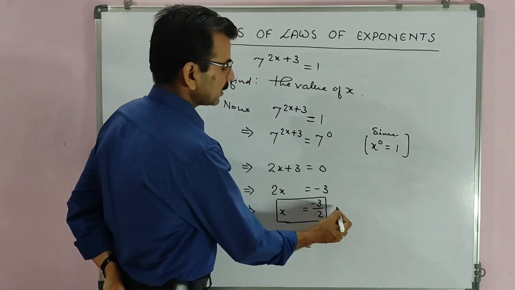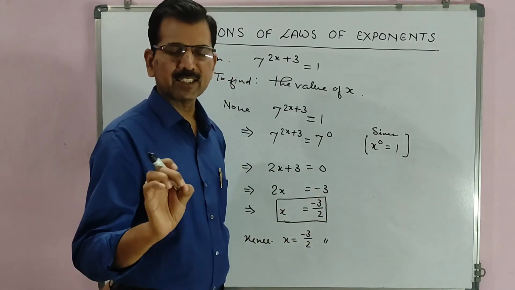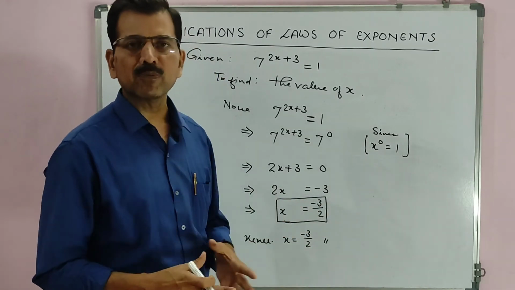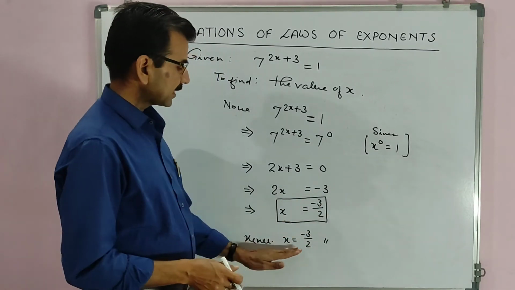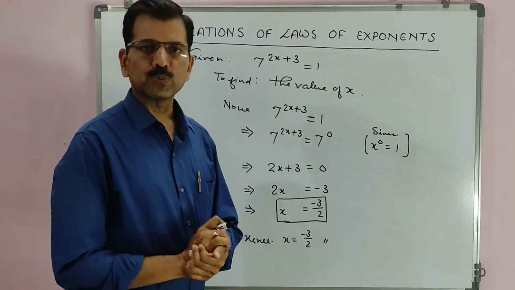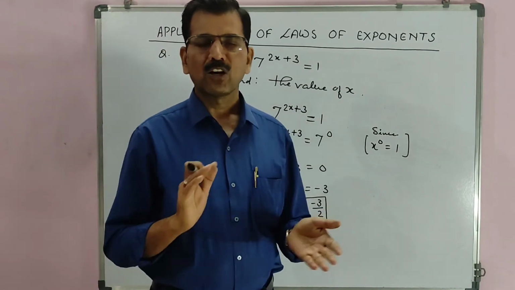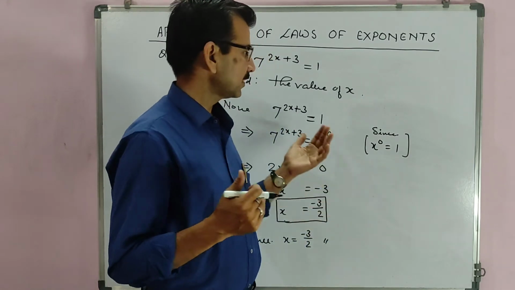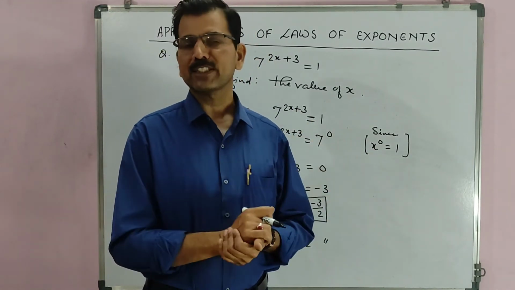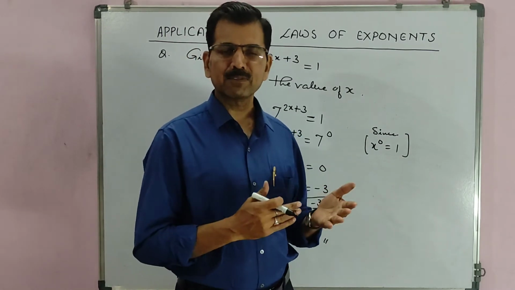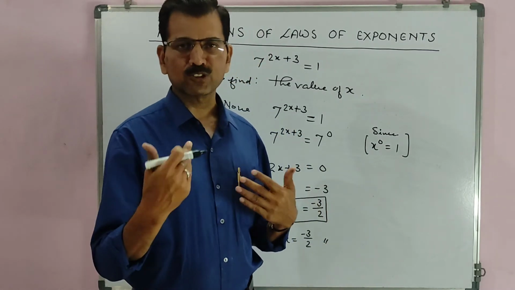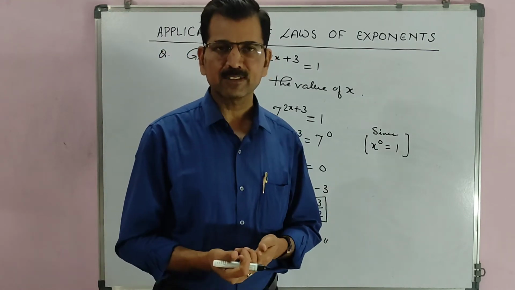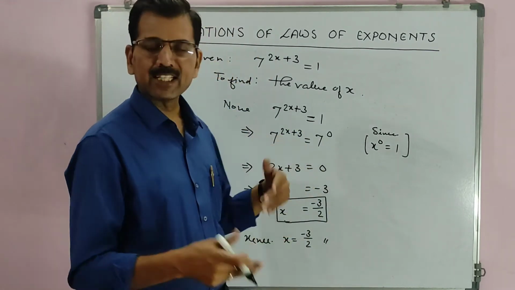Don't write the answer in signature form. You just use a statement for that. That is the best way of writing the answer: hence x equals minus 3 upon 2. Clear to you? Okay, very good. I hope all of you are enjoying solving the questions. Math is a very simple subject. If you know it, you can solve and enjoy the solving. You can also use your time in a very nice way.